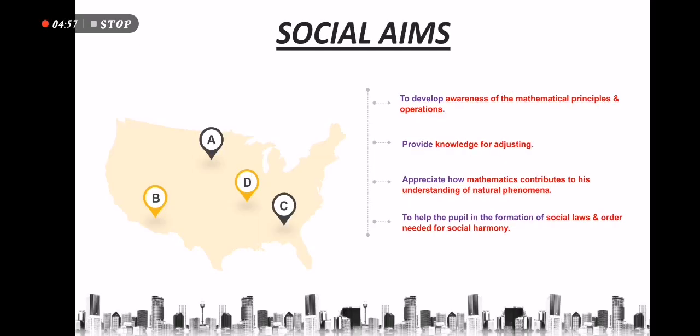And then social aims. Mathematics and society are closely related. Mathematics is being extensively employed in the developmental programs of society. For example, while constructing roads and bridges, concepts like measurements, time, etc. are used. The important social aims of teaching mathematics are to create an awareness of mathematics principles and operations in